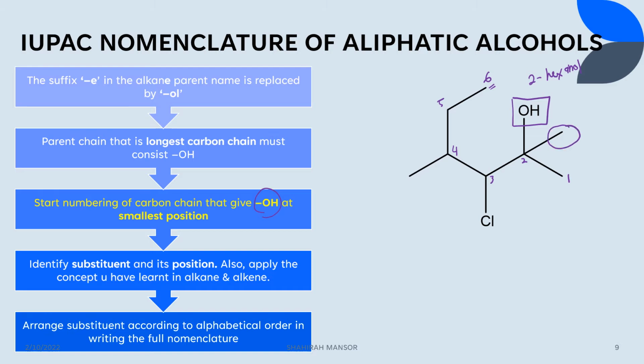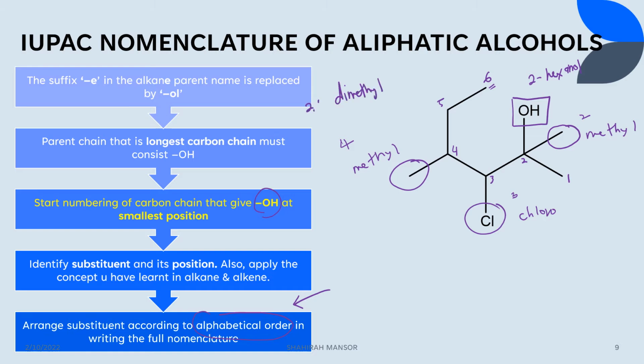And not to forget, kita ada satu substituent here. Bila tarik cabang macam tu, maksudnya ini adalah methyl. Kita ada ini juga, this is also methyl. Dan kita ada Cl, that is chloro. So methyl yang pertama berada pada second position, okay, yang kedua berada pada fourth position, dan kita ada chloro pada third position. So bila nak bagi nama, jangan lupa arrange substituent according to alphabetical order in writing the full nomenclature. So di sini kita ada chloro dengan 2 methyl kan. So bila 2 methyl maksudnya kita akan ada